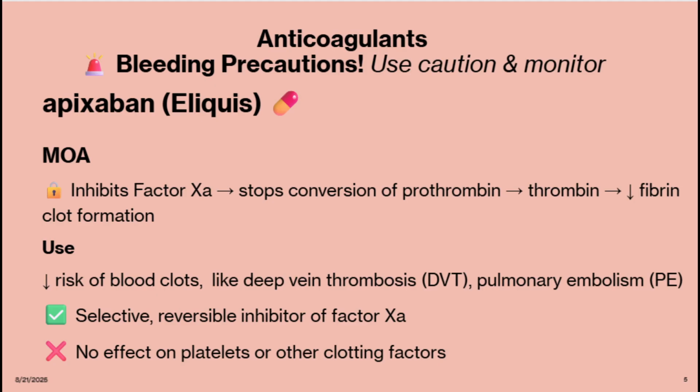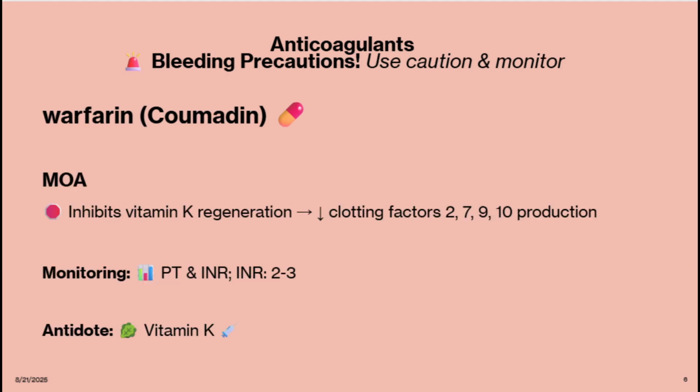Apixaban inhibits factor 10A, which means we're stopping the conversion of prothrombin to thrombin, which then reduces the fibrin clot formation. This is, again, very selective to that factor 10A, so it doesn't affect your platelets or other clotting factors. Even though there is a risk of bleeding with apixaban, the risk isn't as great as if somebody was on